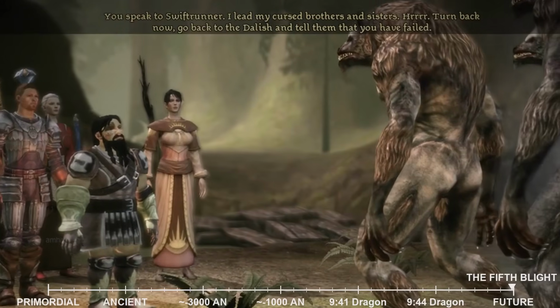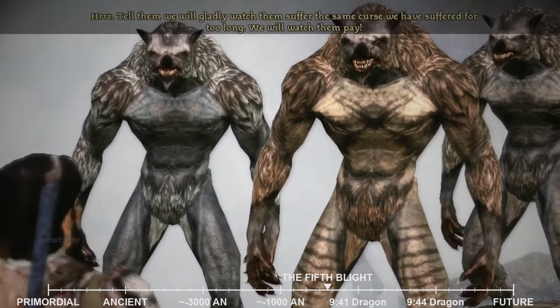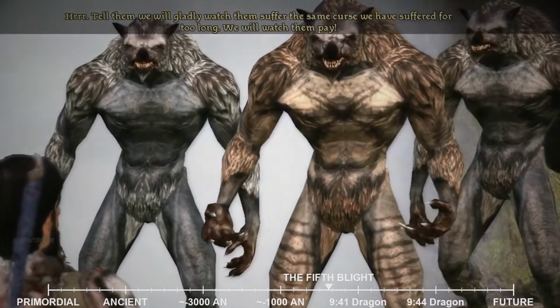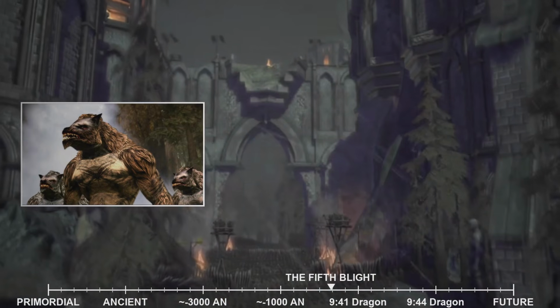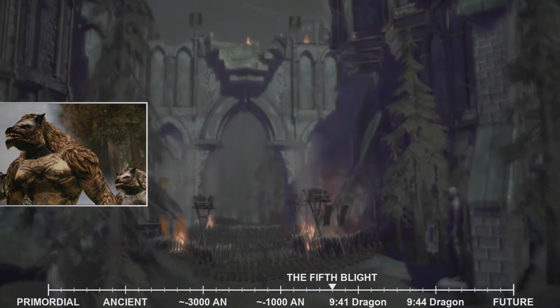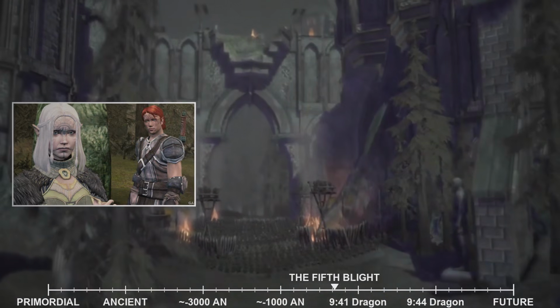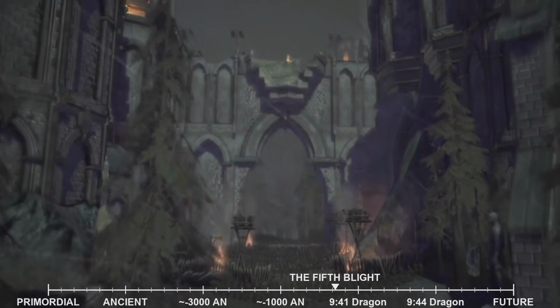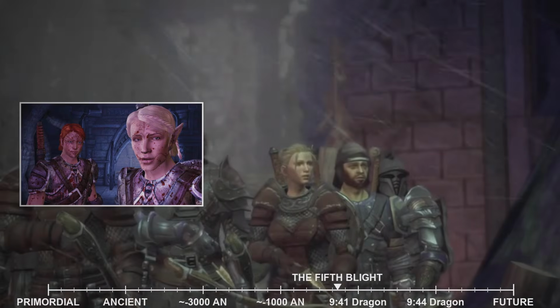Ultimately, the Warden chose the path of reconciliation, convincing Zathrian to lift the ancient curse, a powerful act of magic that required his own life force. This selfless act dissolved the curse, freeing the werewolves from their monstrous forms and allowing them to finally find peace. In return for resolving this generations-long conflict and bringing peace to their forest, the grateful Dalish elves pledged their support to the Grey Wardens, offering their skilled archers and knowledge of the land to the fight against the Blight.